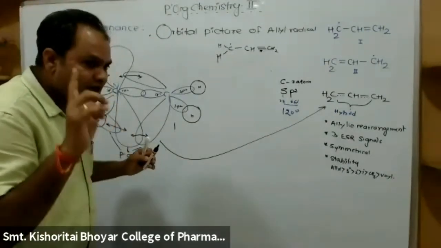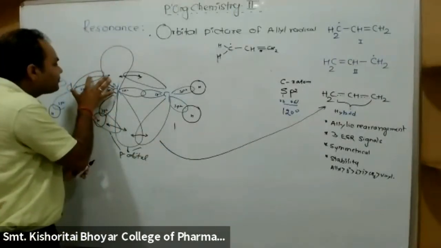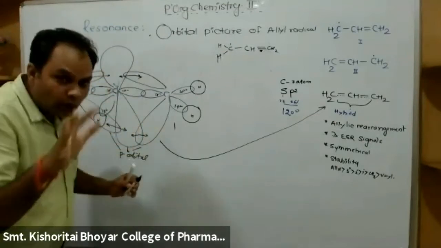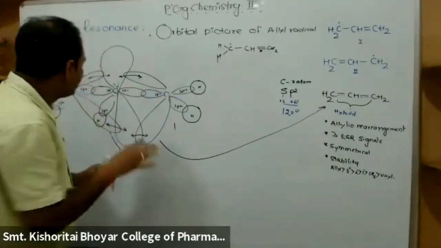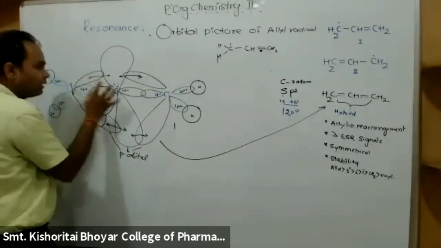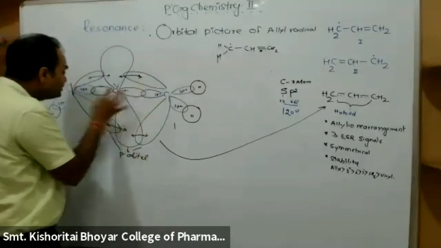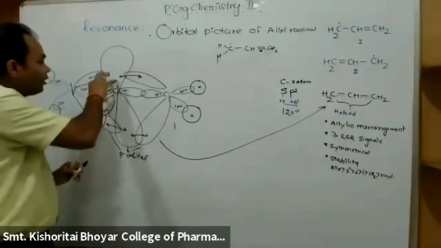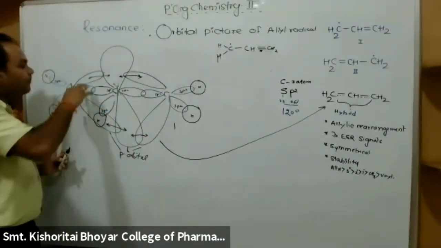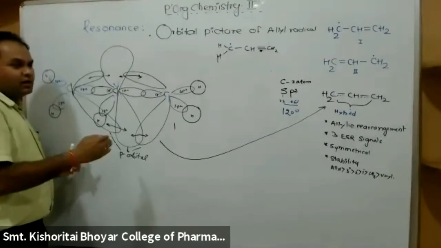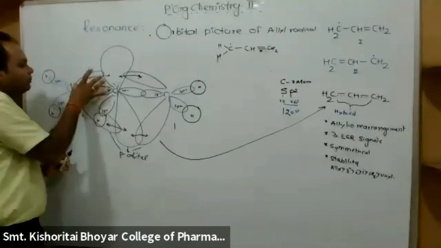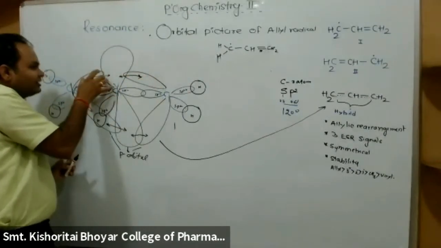Listen very carefully. Here the pi electron pair serves to bind together more than two nuclei. Okay, means ये जो pi electron है कभी ये दो nuclei के बीच में बॉन्ड फॉर्म कर रही है, कभी ये दो nuclei के बीच में बॉन्ड फॉर्म कर रहे हैं. Means दो nuclei से ज्यादा में pi bond pair involved है. Or you can say the pi electron is involved in the formation of several bonds. Means this pi electron is involved in the formation of this bond, or either this.